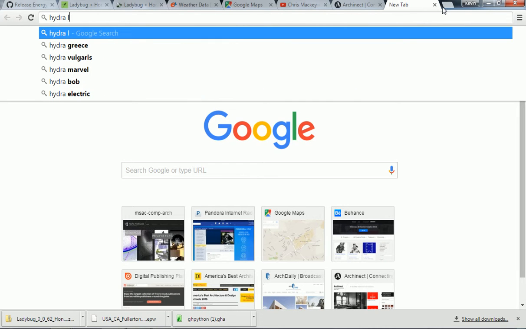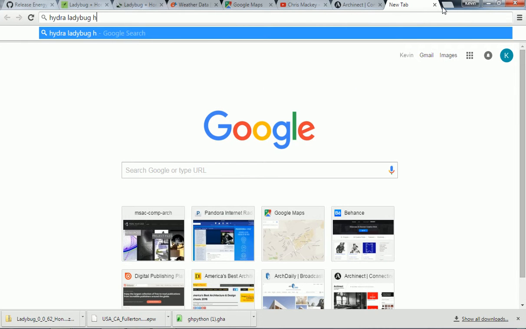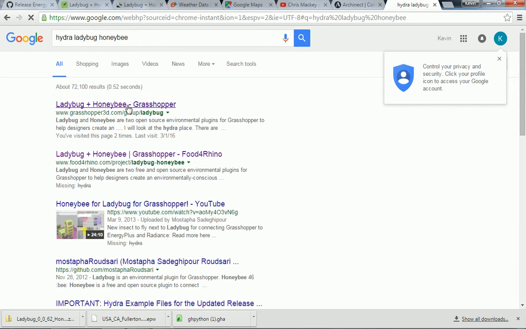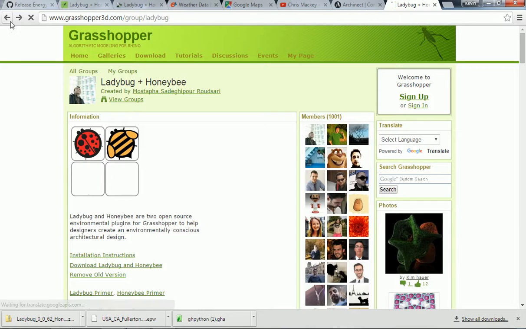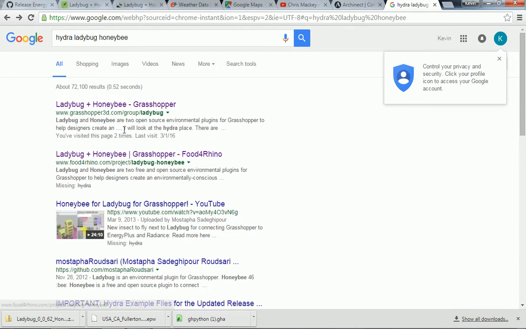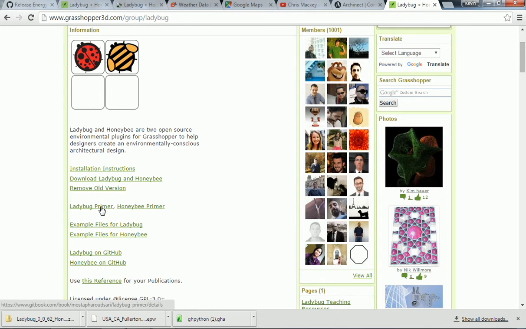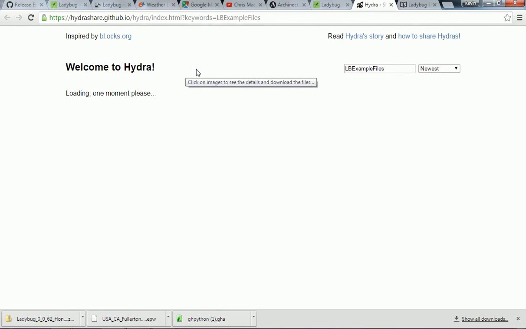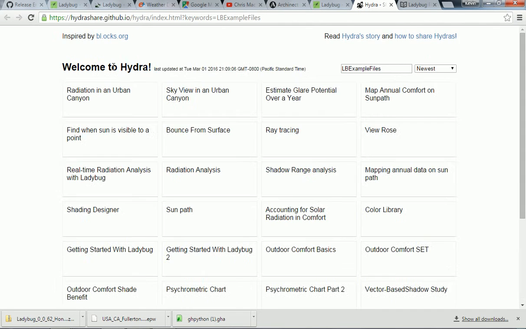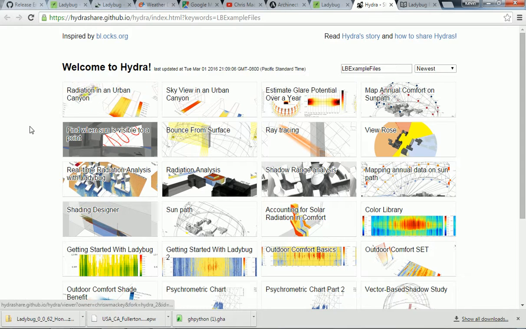If you search for Hydra for Ladybug and Honeybee, oh, it's not getting me there. Hold on. Under the, actually, is it the example files? Hold on. Yeah, Hydra share. There it is. So under example files, this thing called Hydra, it's basically a housing for all of the files